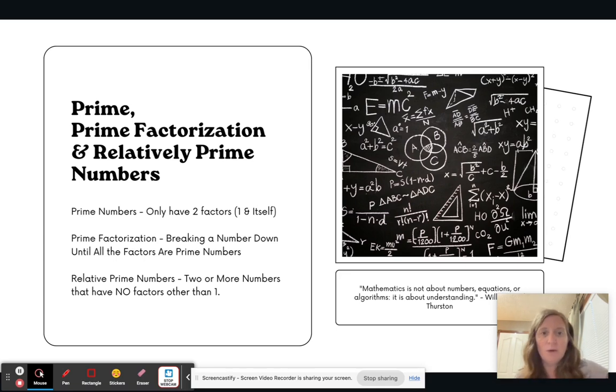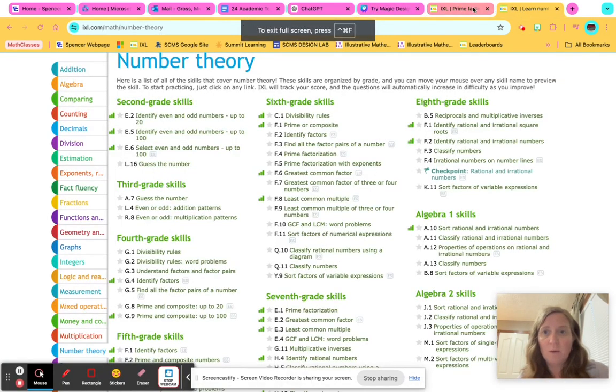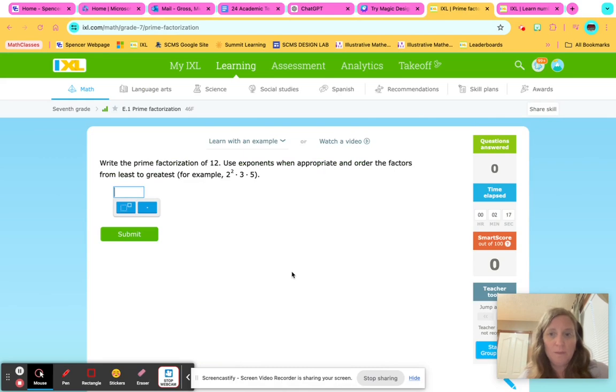All right, well, let's do some quick practice on prime factorization. So here is our first one. Write the prime factorization of 12. Use exponents when appropriate and order the factors from least to greatest. Okay, so we're gonna do